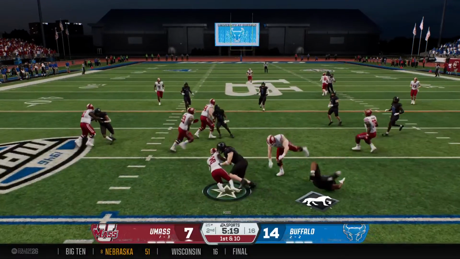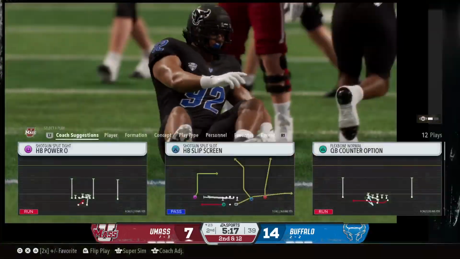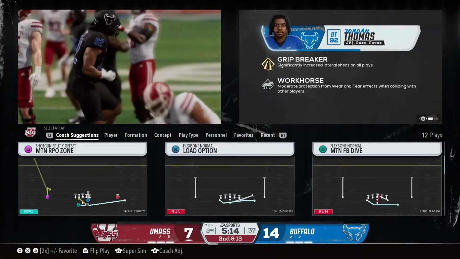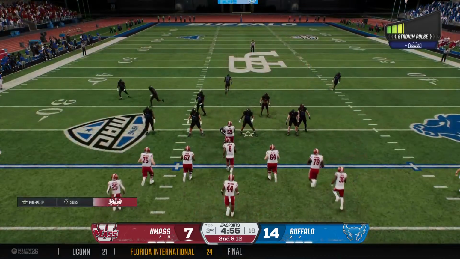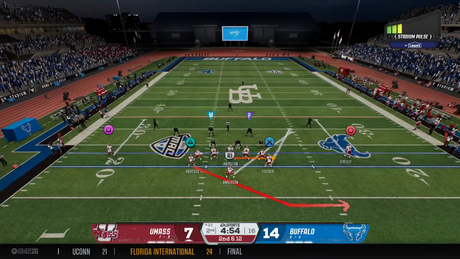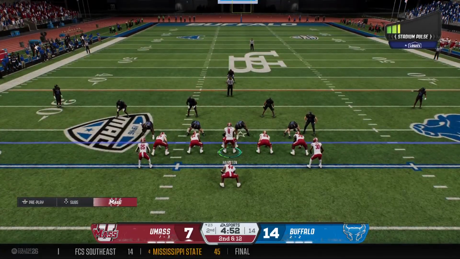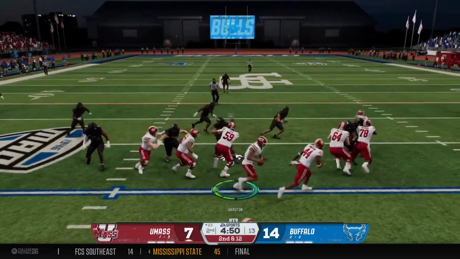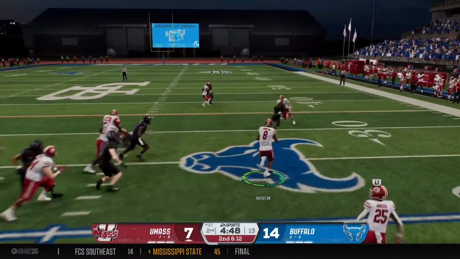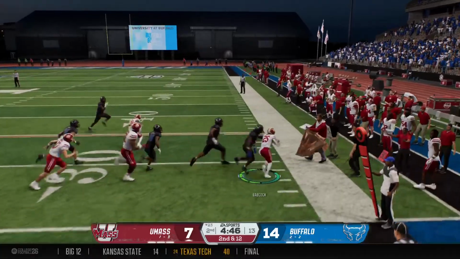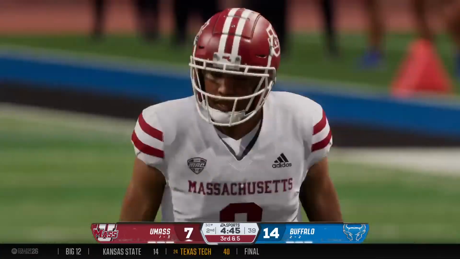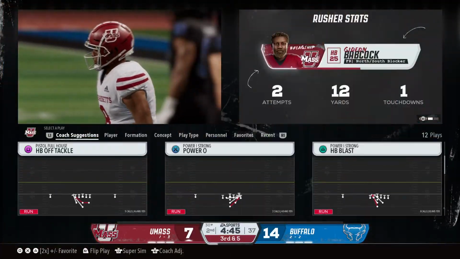Safe completion on the screen. And it's pretty obvious there was a big hole in that screen, and the defense ran right through it. UMass just trying to get some of that yardage back here on second down. Now on the option. Now the pitch. He'll be forced out of bounds right at the 30-yard line as they try to grind out